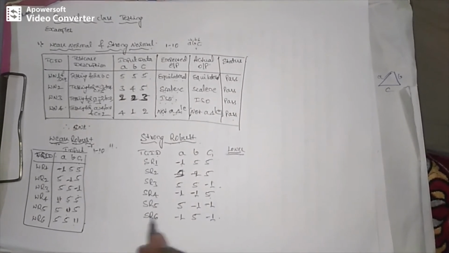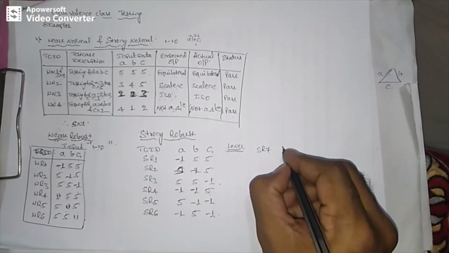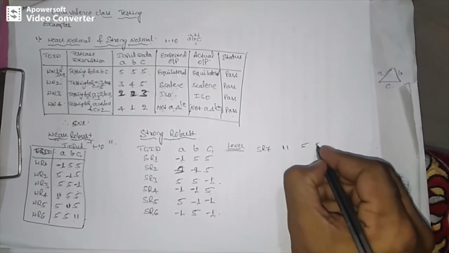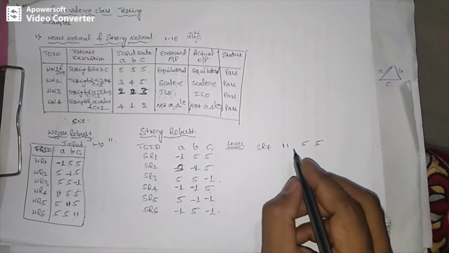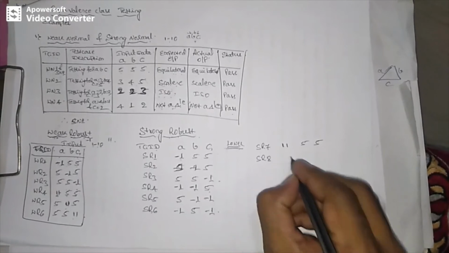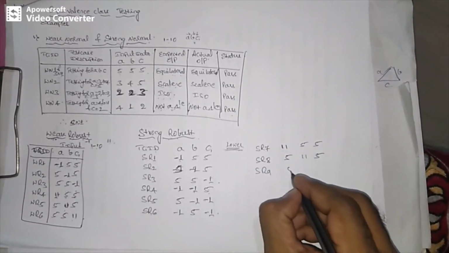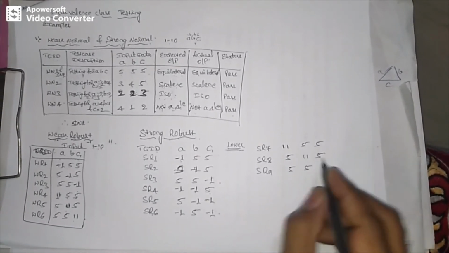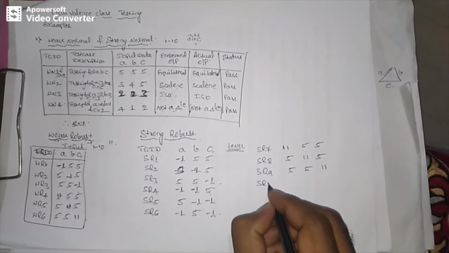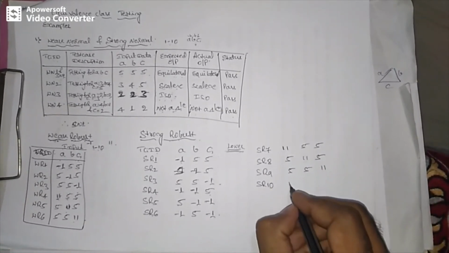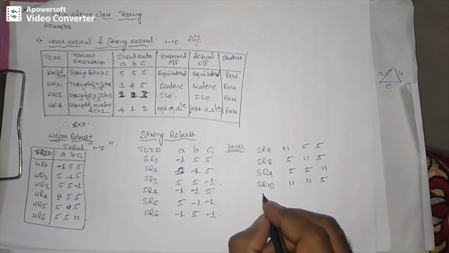Upper corner is nothing but, so I will write here SR7. The test case will be 11 5 5. Similarly, first single fault assumption, then it needs to be followed by the multiple fault assumption. Then SR8: 5 11 5. Then SR9: 5 5 11. Now the upper corner single fault assumption is covered. Then similarly I need to cover multiple fault assumption: two inputs will be invalid and the other input nominal.